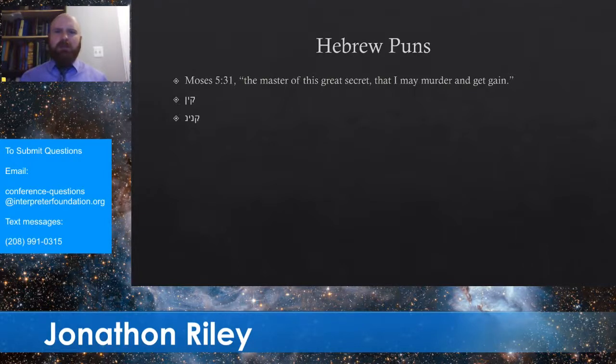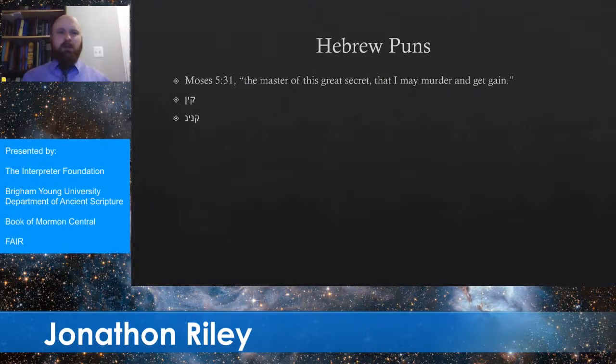Another possible example is a pun on the name Cain. In Moses 5:31, Cain says he is master of this great secret that I may murder and get gain. The name Cain in Hebrew is pronounced Qayin, while the word gain, qinyan in Hebrew, is pronounced qinyan. They're very, very similar. These names are similar enough to each other that it is likely an example of a